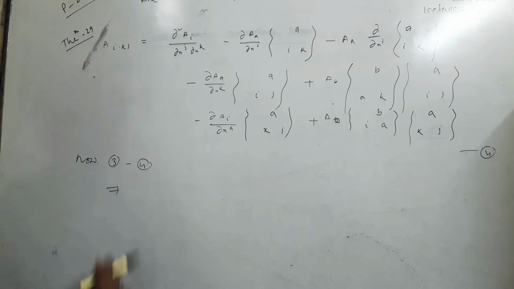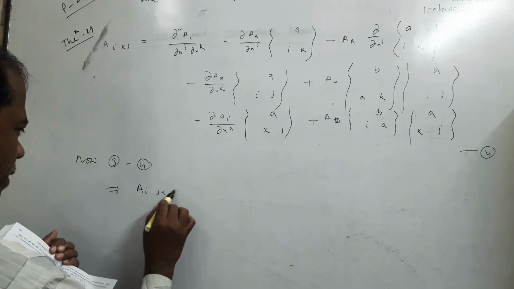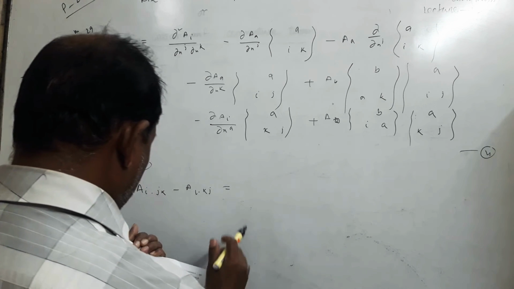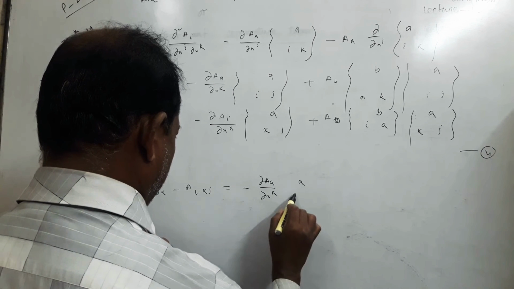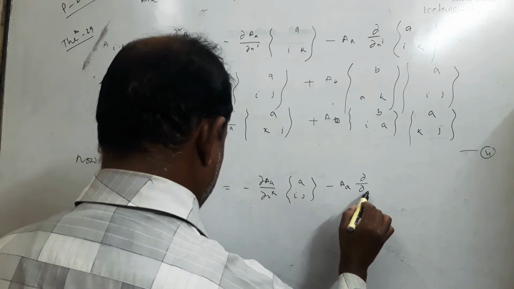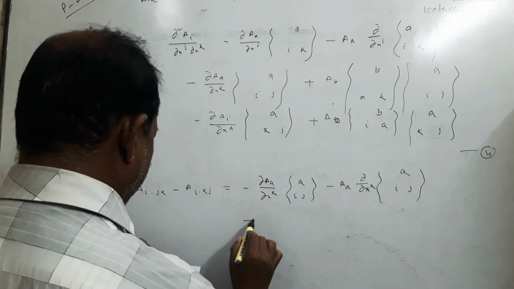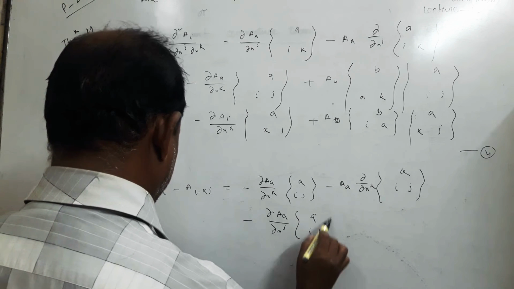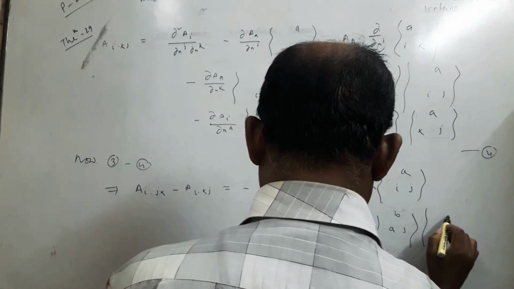Now 3 and 4 that implies a I comma j k minus a I comma k j equal to minus del a divided by del x k into a I j plus minus a into del by del x k into a divided by I j minus del a divided by del x j into a I k plus a b into b a j into a I k